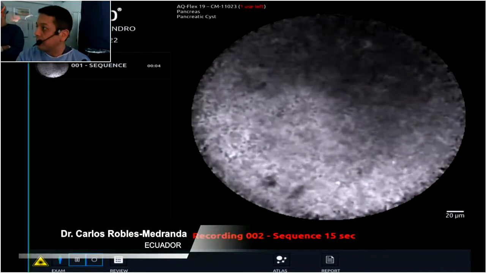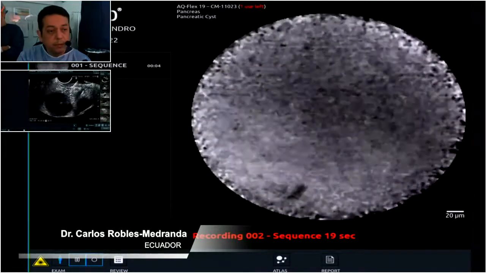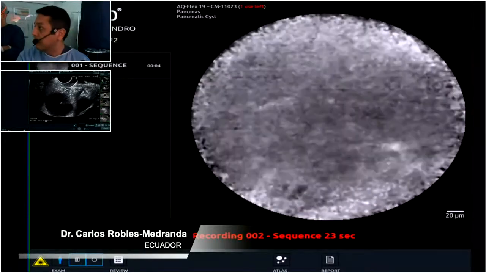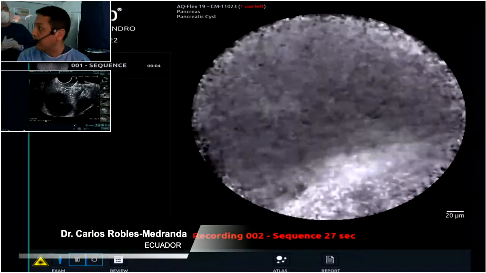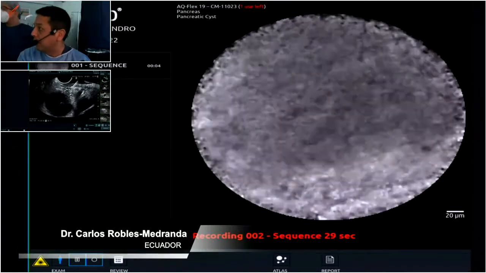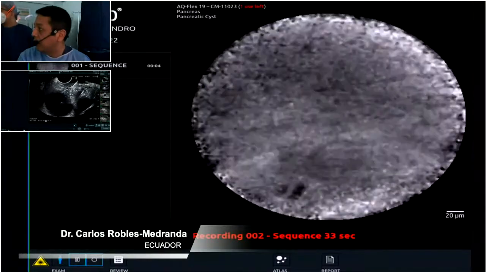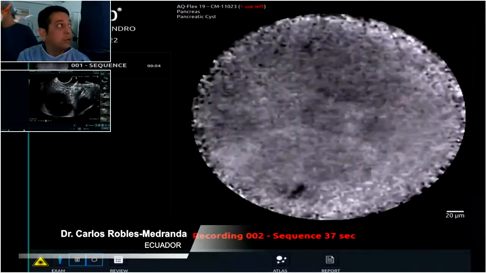I am trying to change the position of the needle a little bit. So you can see here. So you have confocal